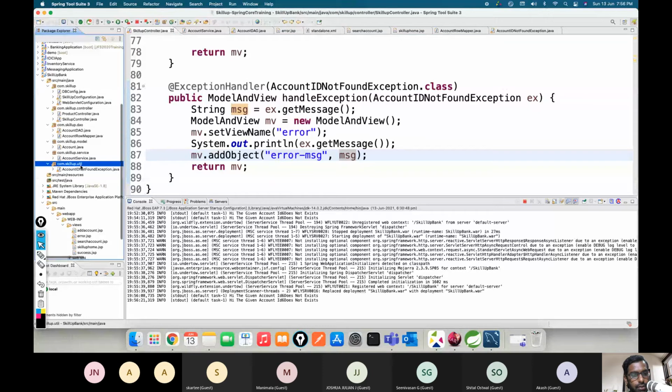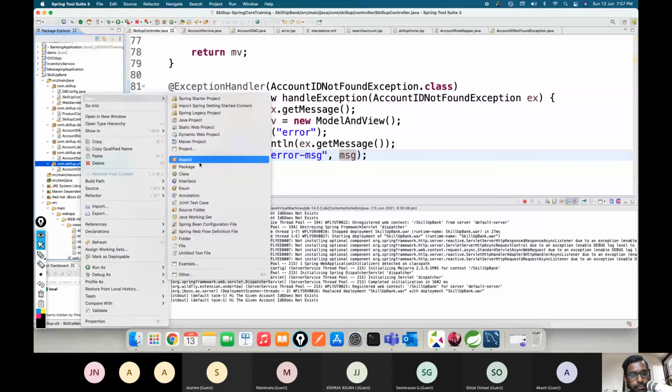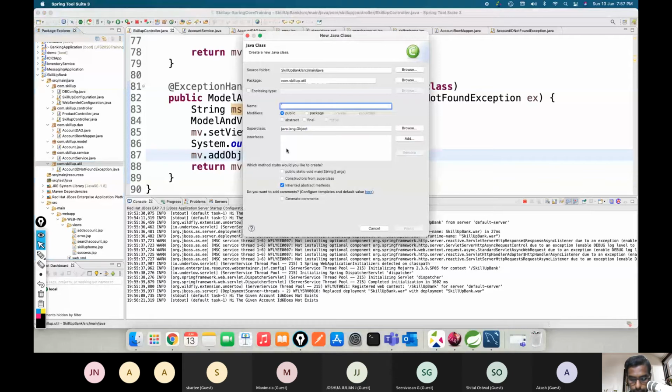Just go ahead here on the util, create one class called SkillUp Bank